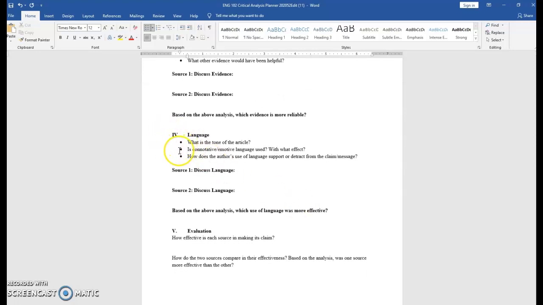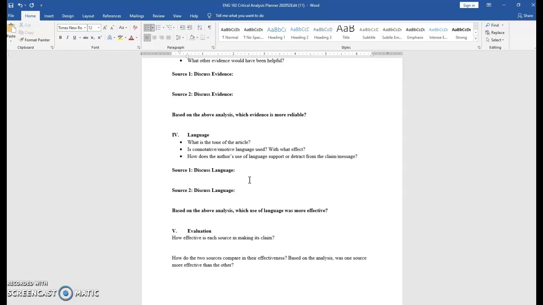Section 4 of your essay is an analysis of the language used in the source, looking at the tone of the article or TED Talk, looking at the language choices. Are there connotative choices made? Is there a lot of emotive language? Any other kinds of interesting uses of language? And how does that impact the author's point?